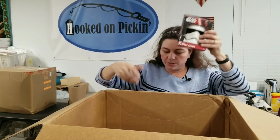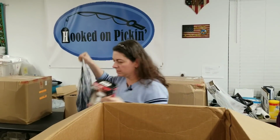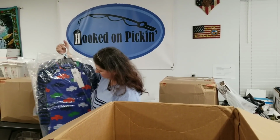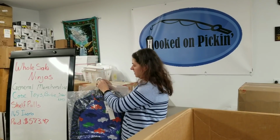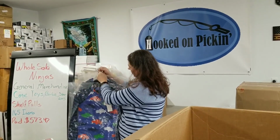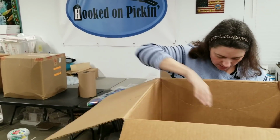Here's another Star Wars card deck. Deck of cards. Card deck. Deck of cards. All right, here. Oh, it's Pajama Sets. PJs in various sizes. I'm going to put those back here. I'm running out of room. All right, let's see. We've got